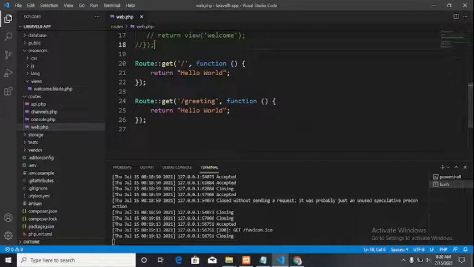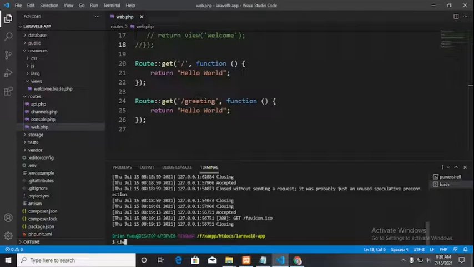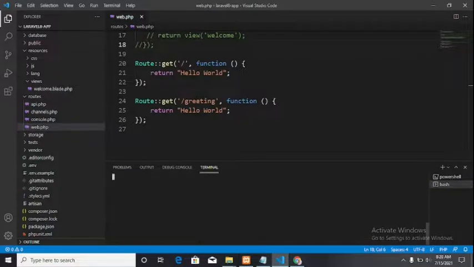Since you're going to use a route with a controller, let me press Ctrl+C to stop this server. Let me just clear this. Since I'm using a route with a controller, I'm going to use a command for creating a controller. This is the command that we use to create a controller: php artisan make:controller,